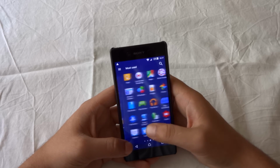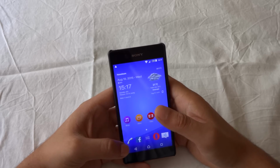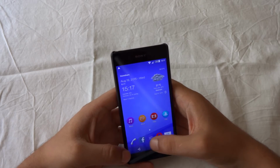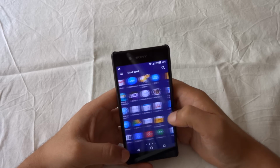So you may be tempted to think that also battery life has become a problem. Not true. As I said, everything runs perfectly on this device. Let me go to